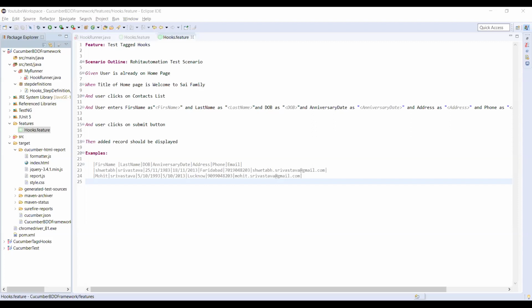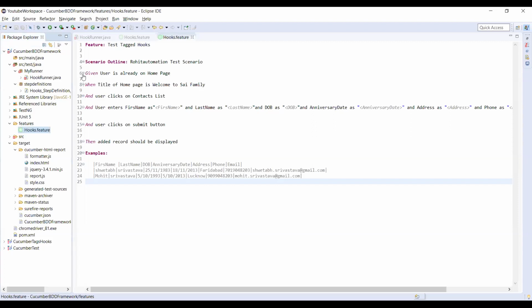Apart from that, we have image upload, where you can upload any image, and if you upload it, you can see it in the gallery. This is a gallery where I have uploaded some images. For our testing purpose, we will be adding the details here and saving it with the submit button, and then it will show in the grid. So this is what we will be testing in our application.